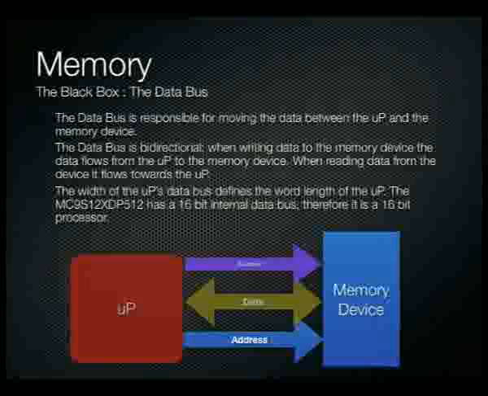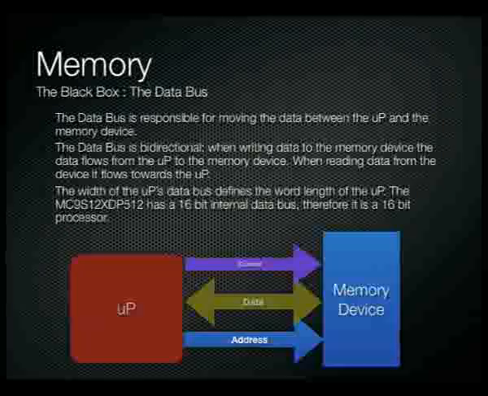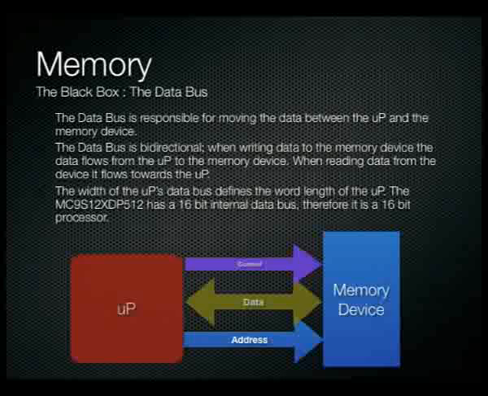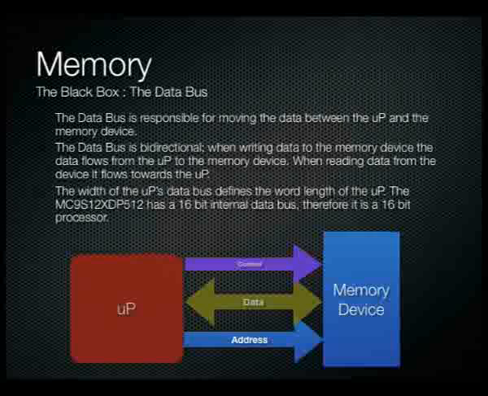The data bus is, of course, responsible for moving the data between the microprocessor and our memory devices. The data bus is bidirectional, as I said before. We can use it to read or write values to memory devices. So when we're writing data to a particular memory device, the data bus is moving away from the microprocessor towards that particular device that we want to write to. When we're reading from a particular device, then of course the data bus is moving from the device that drove the value we want to read